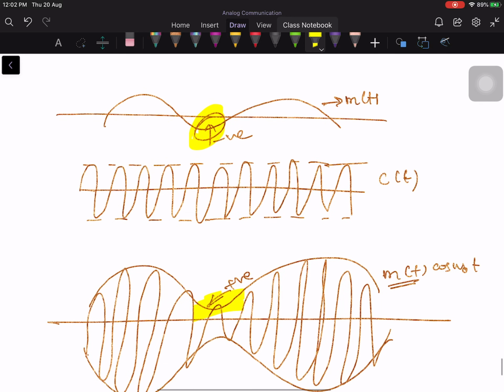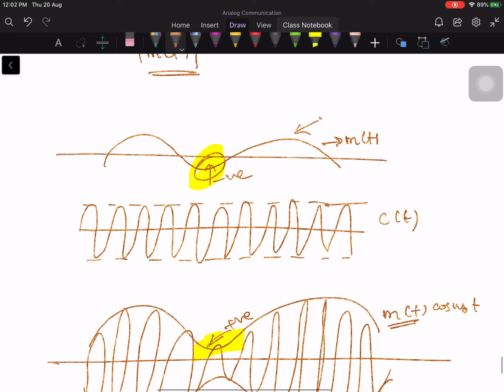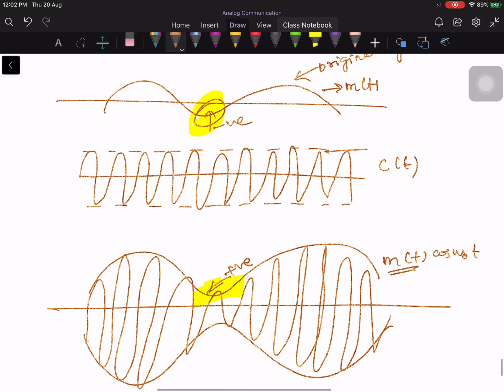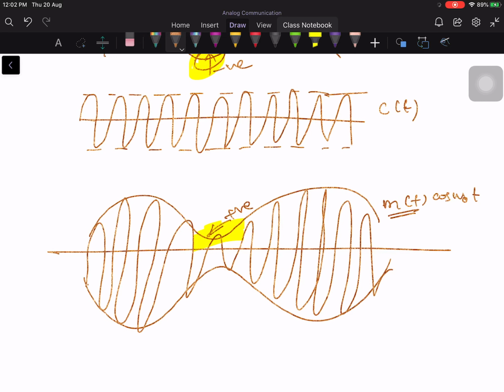Okay, this is the original signal. Original signal. Okay, so it was going positive and negative. Now, once you do the multiplication, then the signal looks like this, and I know it is a sinusoid of high frequency, but the envelope is different. Now, what is the instantaneous amplitude of this sinusoid? That instantaneous envelope is going to be modulus of m of t. Okay, so I am talking of amplitude as against this m of t.